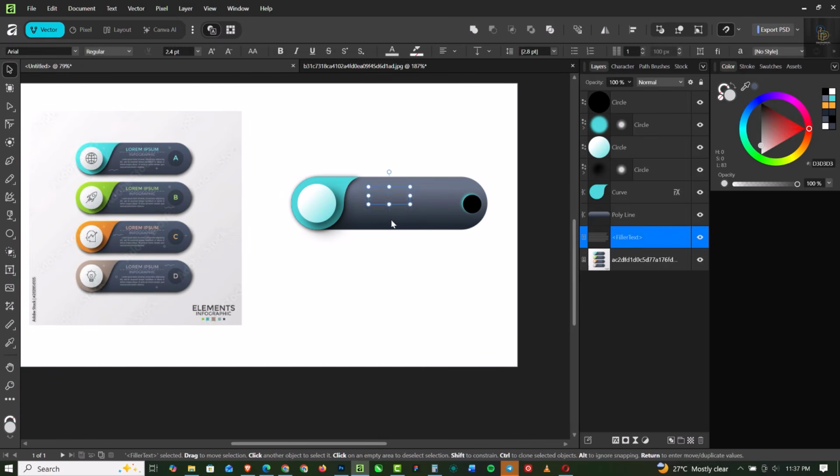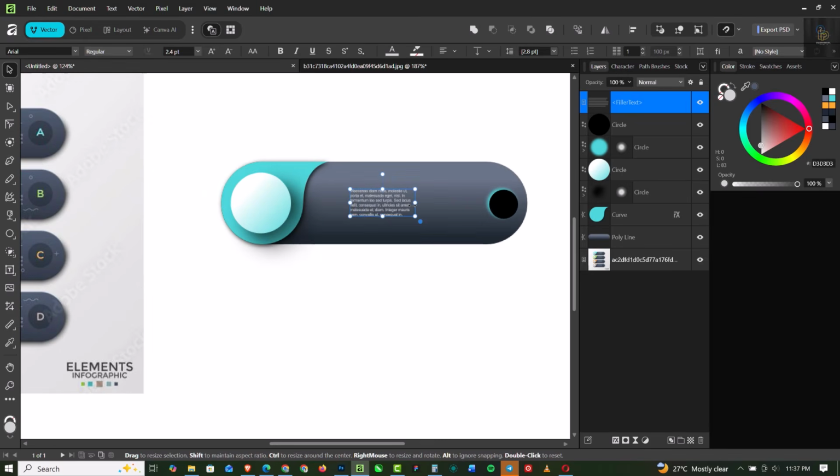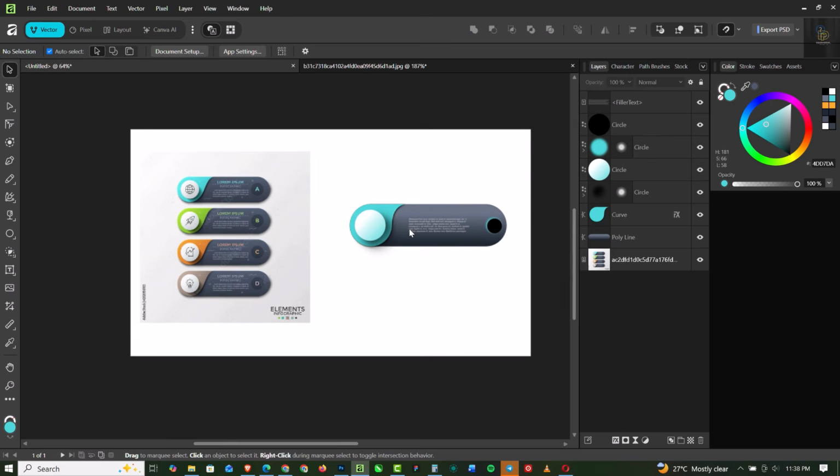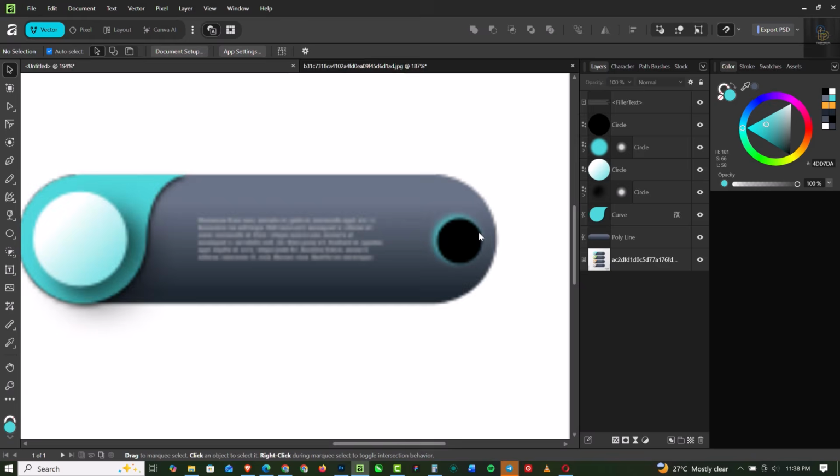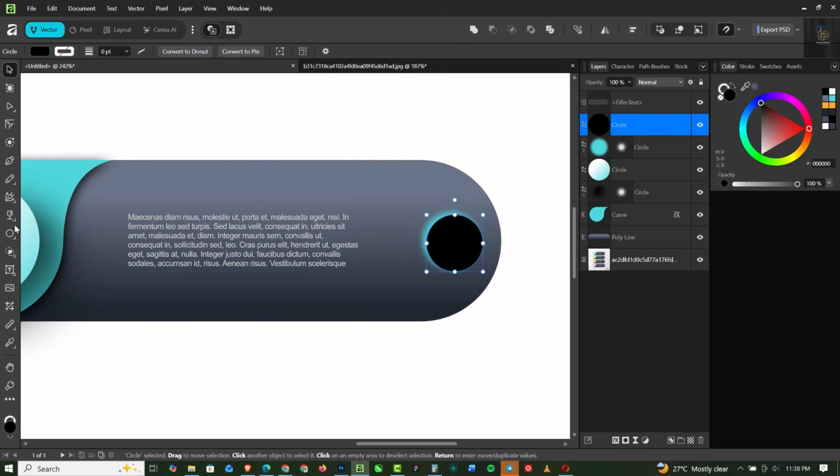Right, I'm just going to bring in my text. I have typed this down so that we don't waste our time trying to arrange this. Just going to space it out like this and we're good to go. So basically this is a lorem ipsum text, right? So I'm just going to add